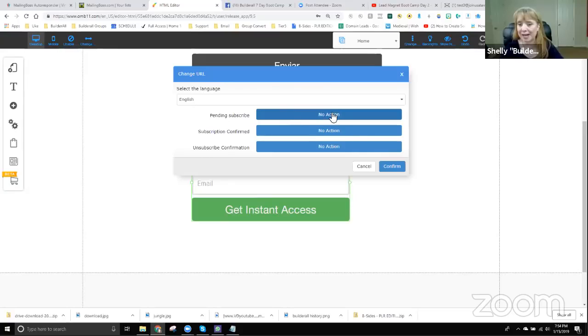Okay, so this is the page you want them to go to for pending. Like a thank you page. It is like a thank you page, but it's not a "thank you, you're done" page. It's a "thank you, but you got one more thing to do" page. Correct. Okay. So you want to put something on there like,